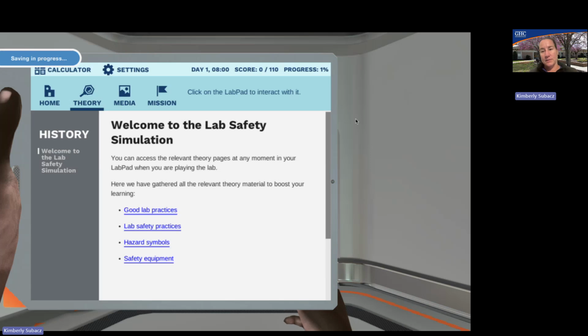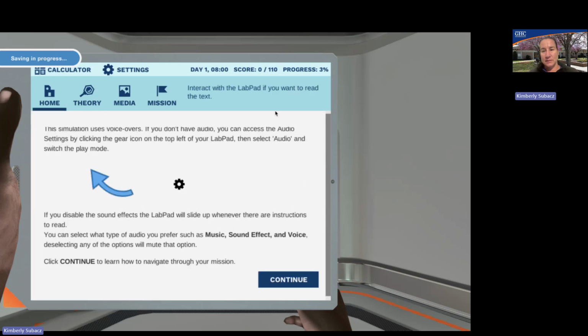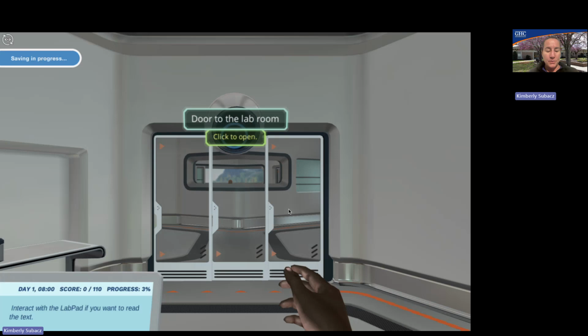to go. And This so you can simulation see uses that this voiceover. is, If you go don't back. have audio, you can You can access see the that it audio is very settings much by a clicking virtual the gear reality. icon You on are the top gonna left of your go lab through the page. doors and put Then on your select coat and audio put on your and switch to gloves and play all